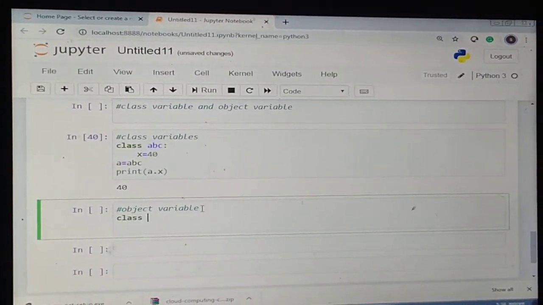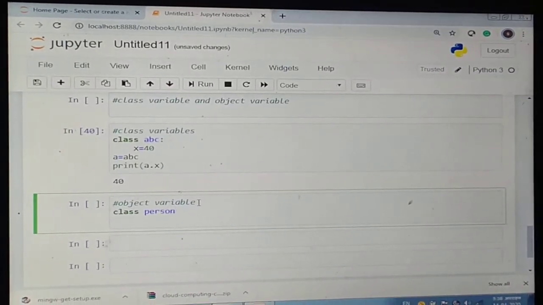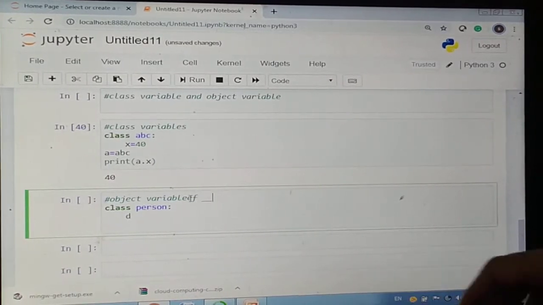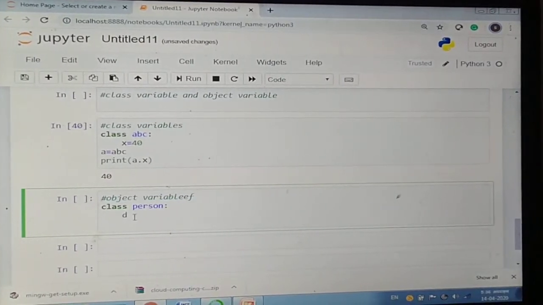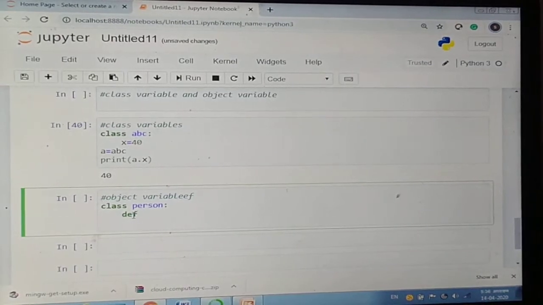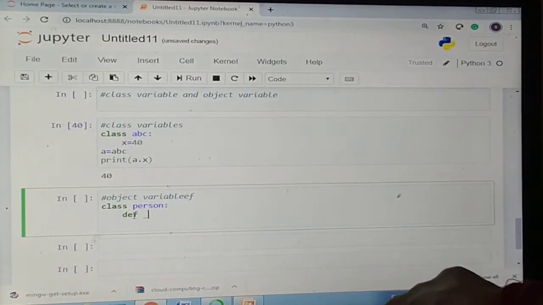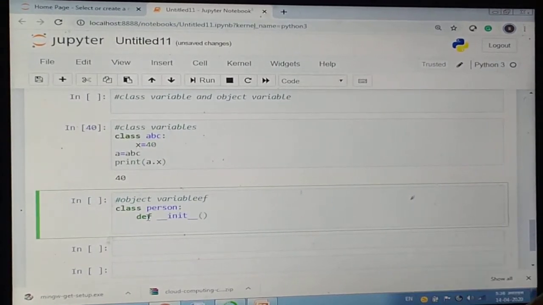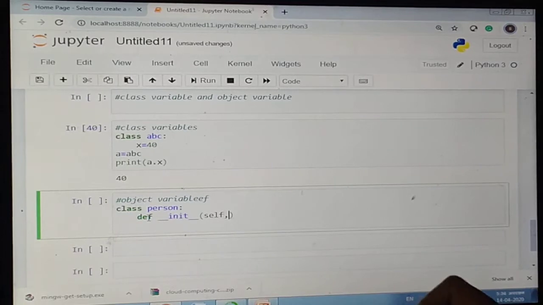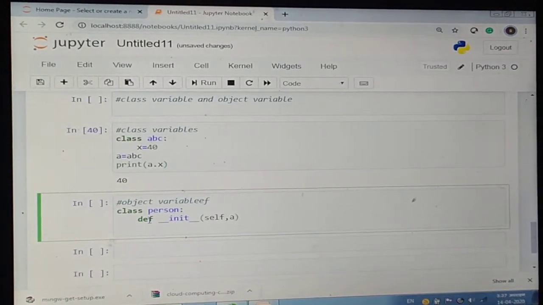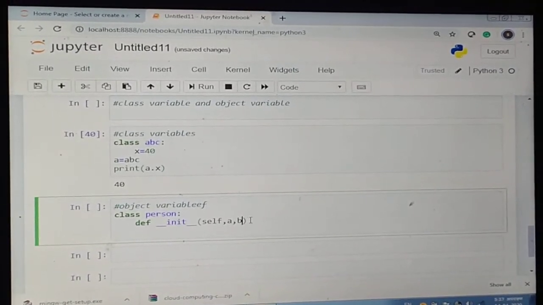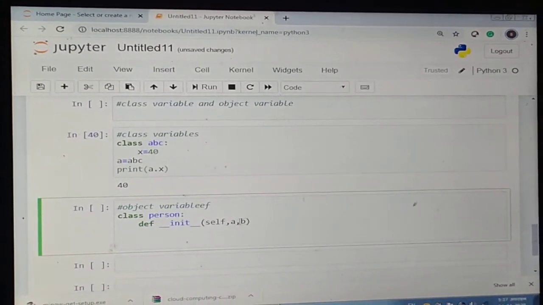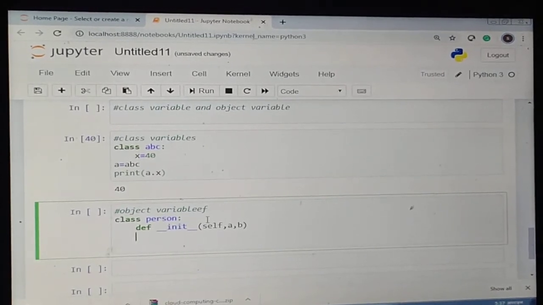So class Person, def __init__(self, a, b). Here a, b are nothing but the object variables, or instance variables.